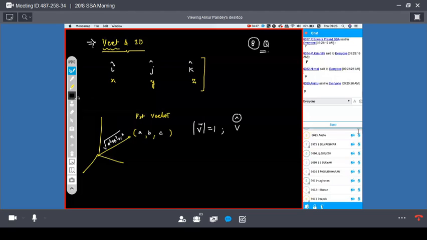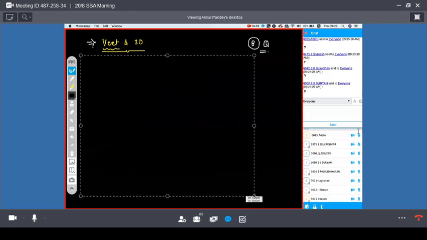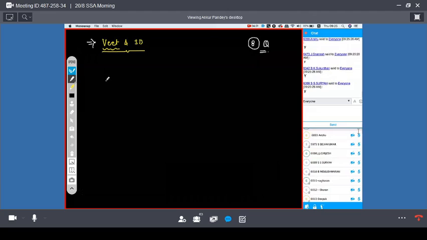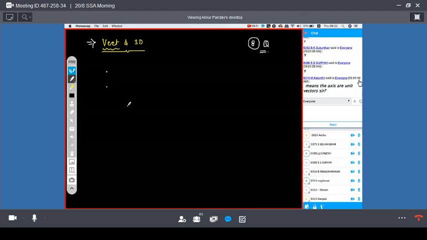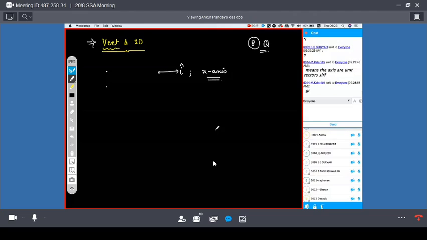Sure. Good. When we have to add two vectors, if they are given in the format of ijk, then i gets added or subtracted to i, j gets added or subtracted to j, and k gets added or subtracted to k. Yes, but not the axis, the direction. i is a unit vector in the direction of x-axis. Okay. Sure. Good.